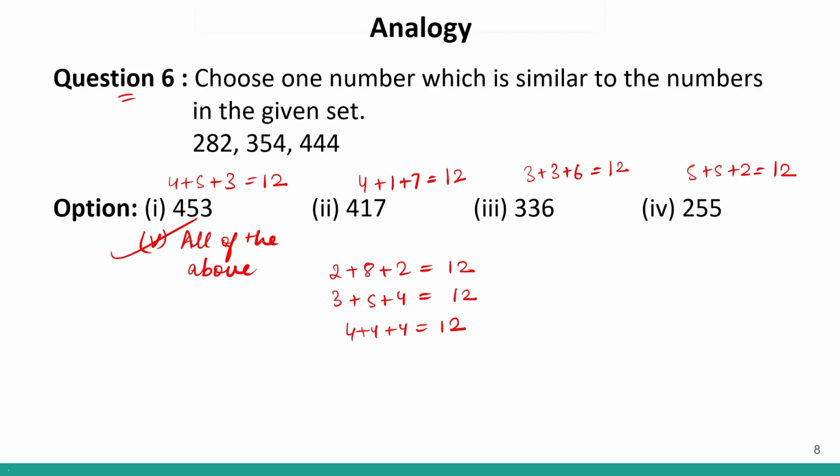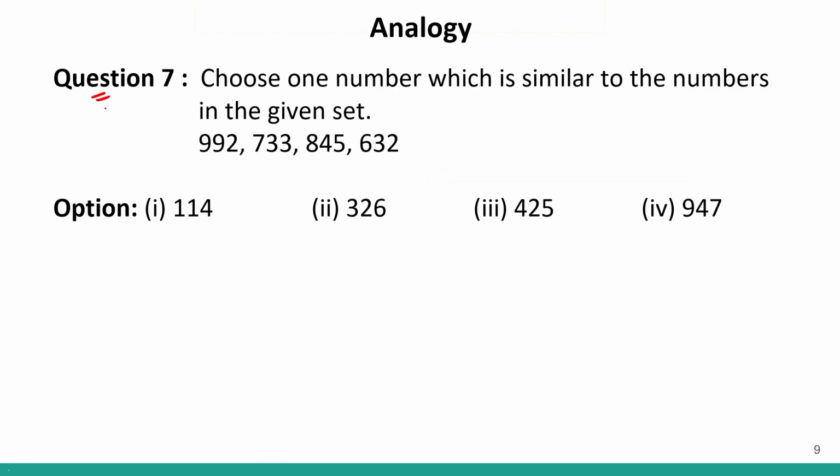For this one, it will be all of the above. Okay. Question number 7, choose one number which is similar to the numbers in the given set. So we have 992, 733, 854 and 632. So if I look over here,